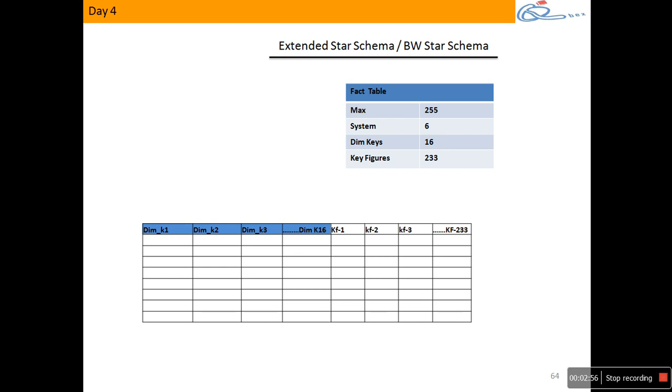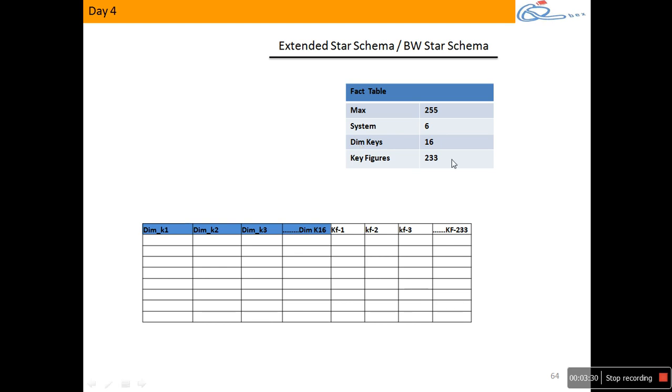Then I told you in the initial classes we can have a composite key. What is a composite key? When two columns together act as primary key, we call this a composite key. We can have a composite key of max 16 columns, not more than that. That is the limitation of the database again. So what are we going to do with those 16 columns you can handle as composite key? We are going to have dimension keys in them.